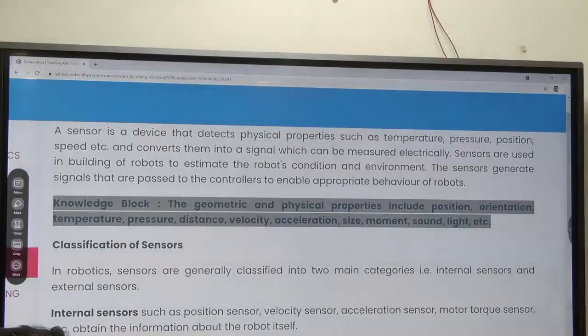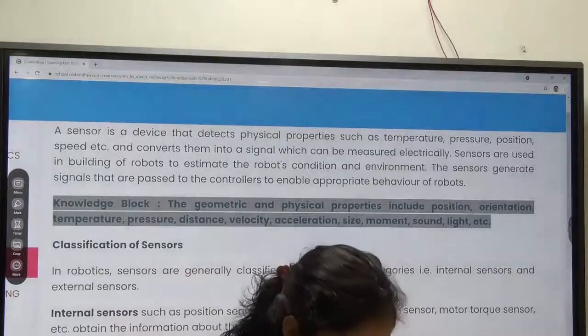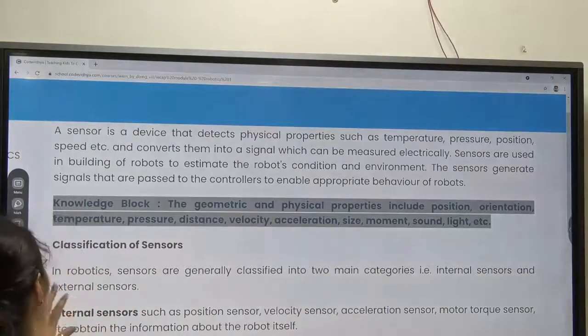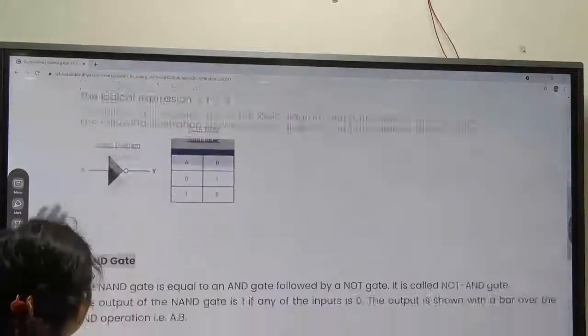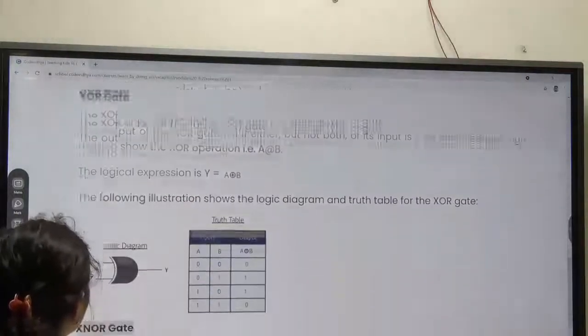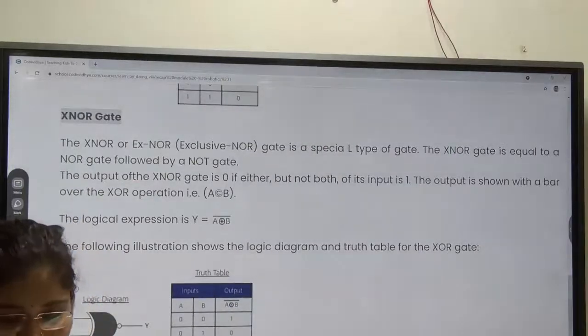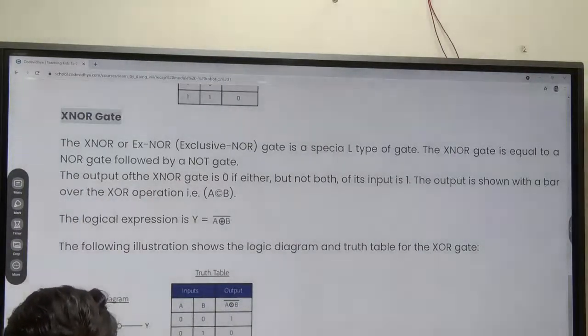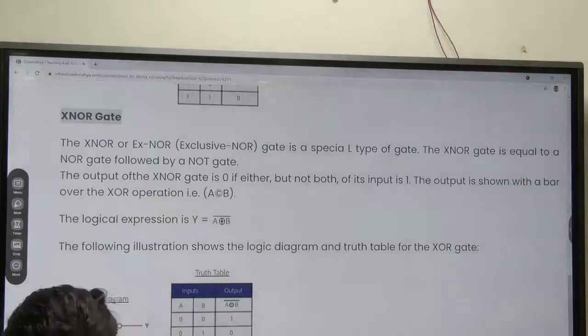Next we are having sensor. Who wants to read? Ma'am, we have left 1 second. No, we have XNOR left. Okay, so we have left one gate, that is XNOR. We will come to it, and I think we are not having that gate in that presentation. So here is the XNOR gate we have left. Who wants to read? Fast. Who wants to read the XNOR gate?